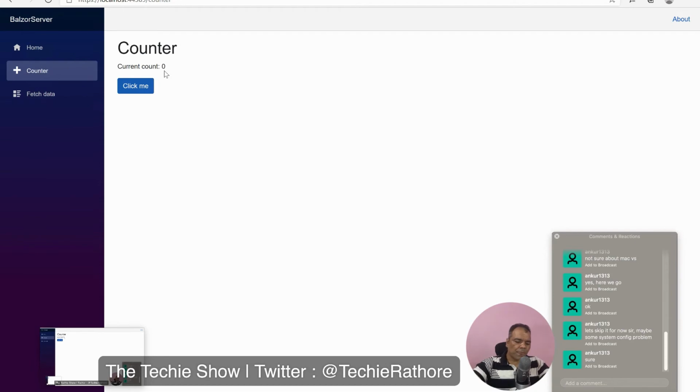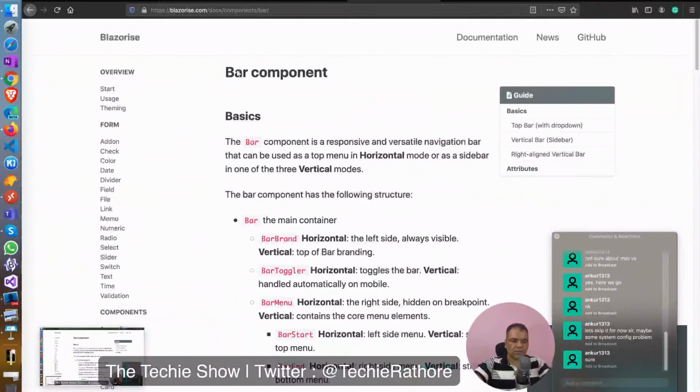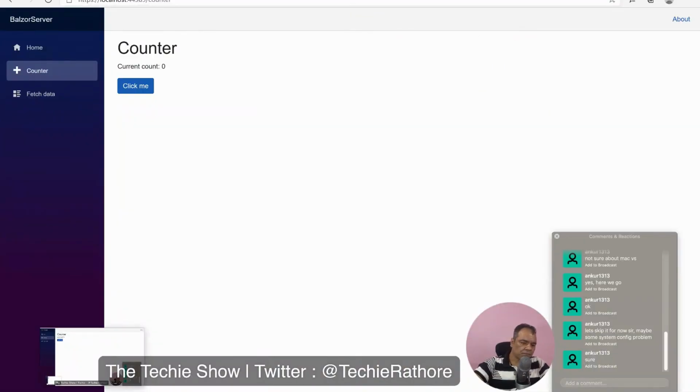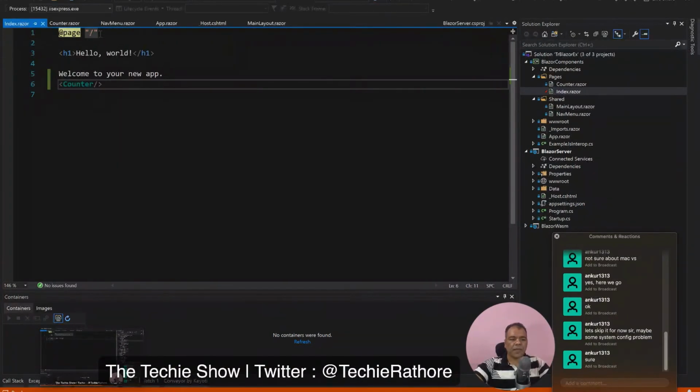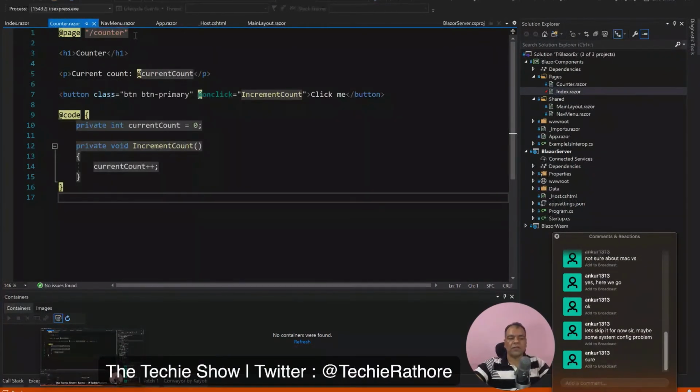So that's how this particular routing works. This page directive is your main routing. This page directive is the one which identifies the component.